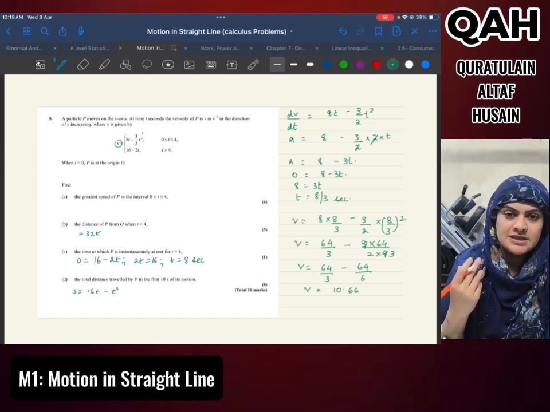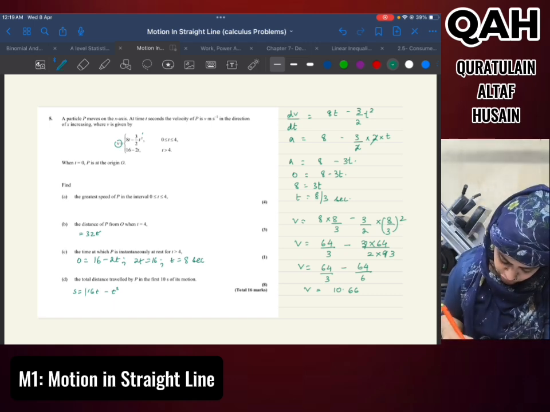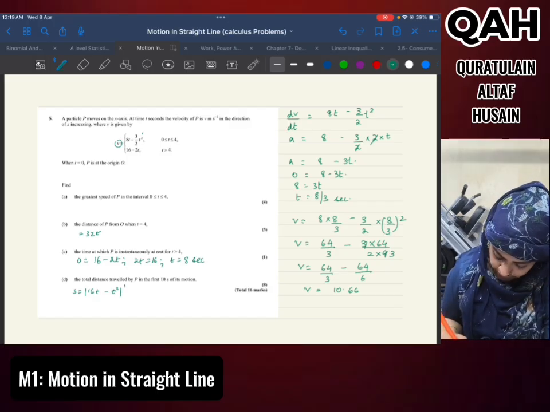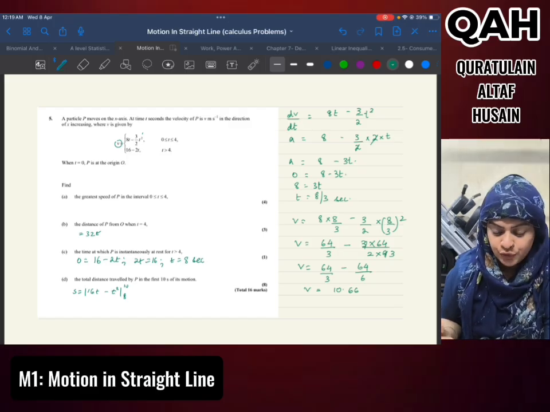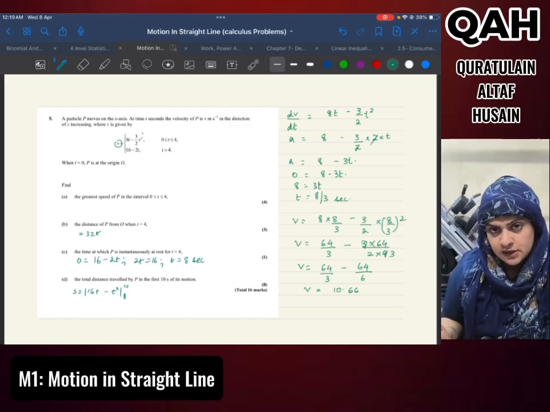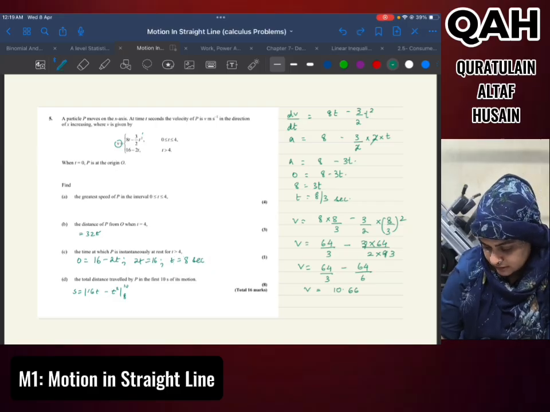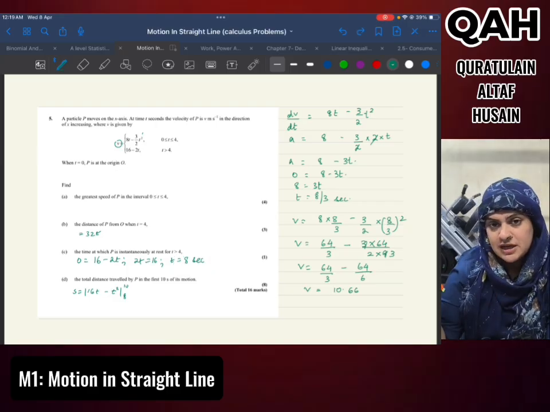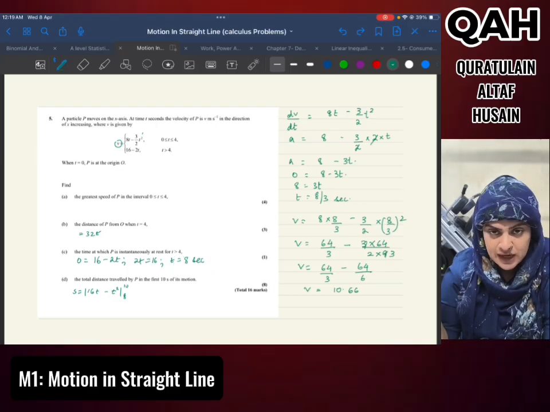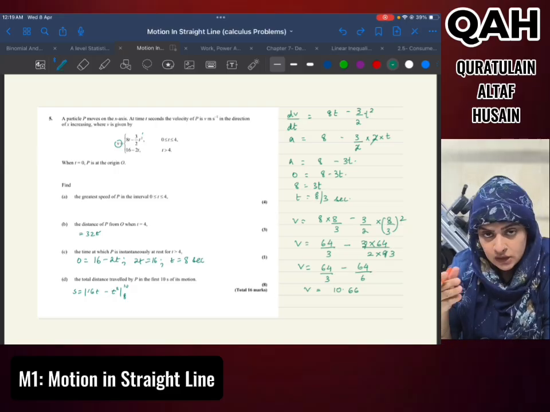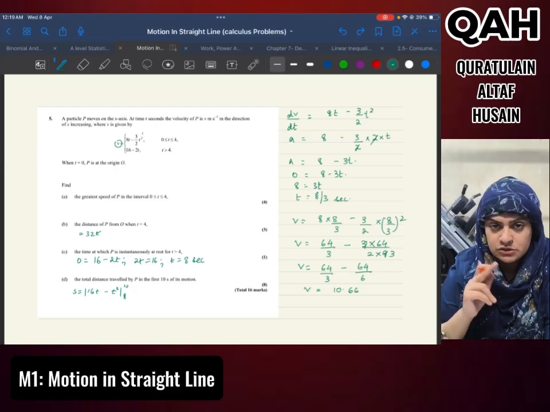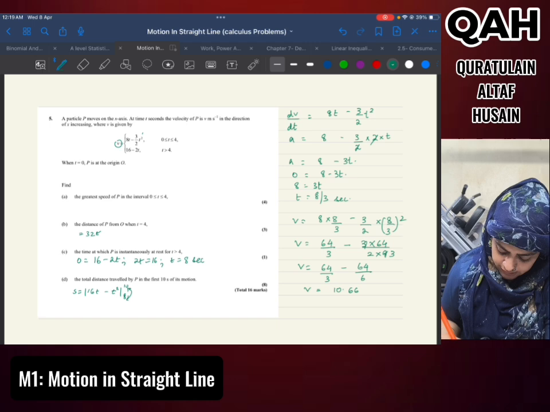अब इसके साथ हमने c नहीं लगाना. क्यों नहीं लगाना, क्योंकि इसको हमने लिमिट लगानी है, अपर बाउंड एंड लोअर बाउंड लगाना है. कौन सा, 10 और 8 का. क्यों, क्योंकि 8 तक तो ये सीधी लाइन में ट्रैवल कर रहा था. मुझे कैसे पता, मुझे ऐसे पता, इंस्टेंटेनियसली एट रेस्ट. Right? So it was traveling in the same direction till 8 seconds and after that it moved in a different direction. So we will put a limit 8 to 10.